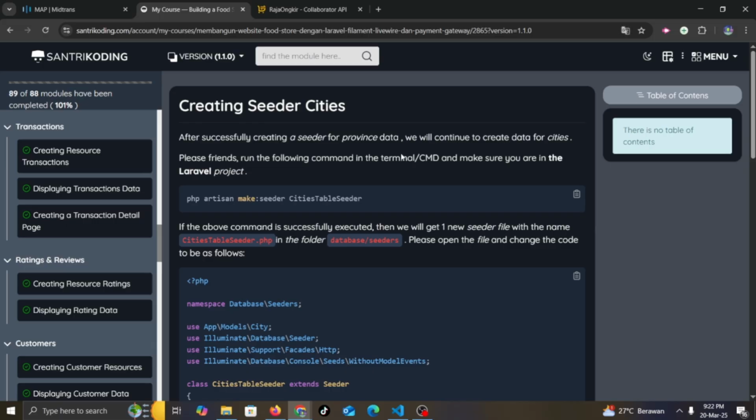Creating seeder cities. After successfully creating the seeder for province data, we will continue to create data for cities. Please run the following command in the terminal or cmd and make sure you are in the Laravel project.